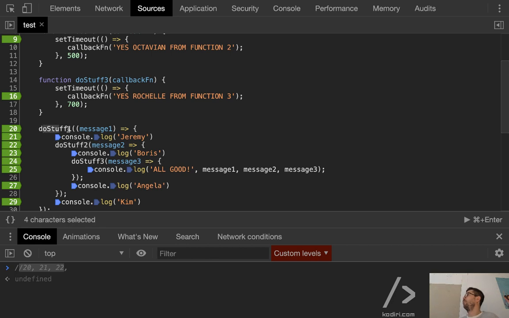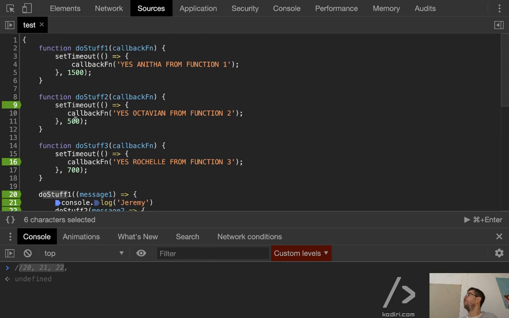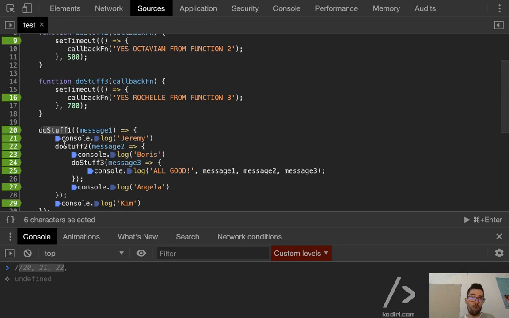We go here, line number 20, fantastic. There are no breakpoints on the first function, so we can ignore that. Cool. So then once do stuff 1 is over, after 1.5 seconds, we display Jeremy, yeah, which is line number 21. Fantastic. And then we will